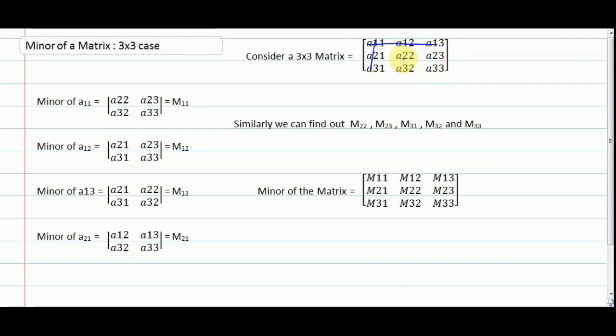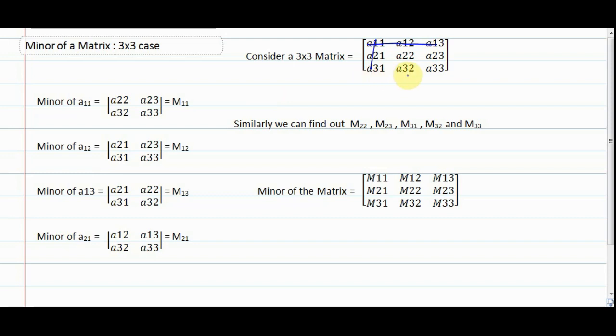So here left out elements are A22, A23, A32 and A33. So find out determinant of the matrix containing these 4 elements, that will be nothing but M11, that is minor of A11. So minor of A11 will be equal to determinant of A22,